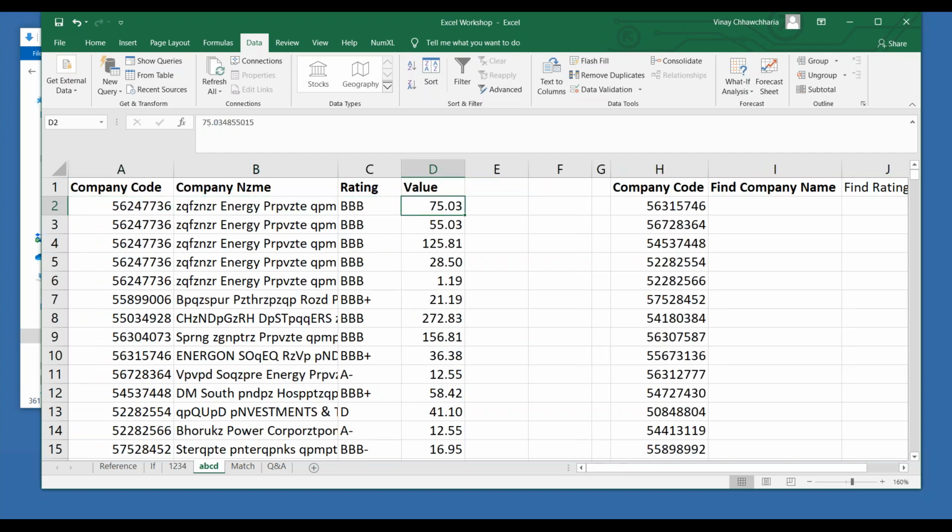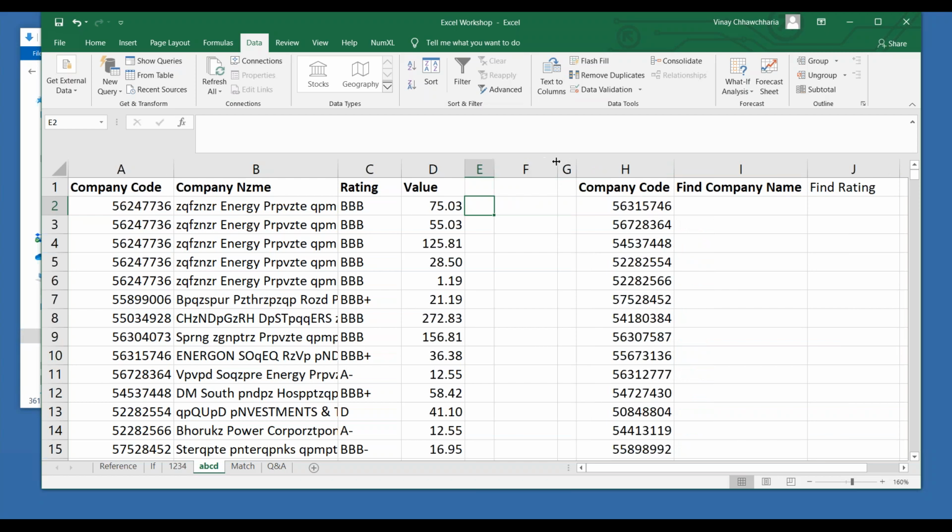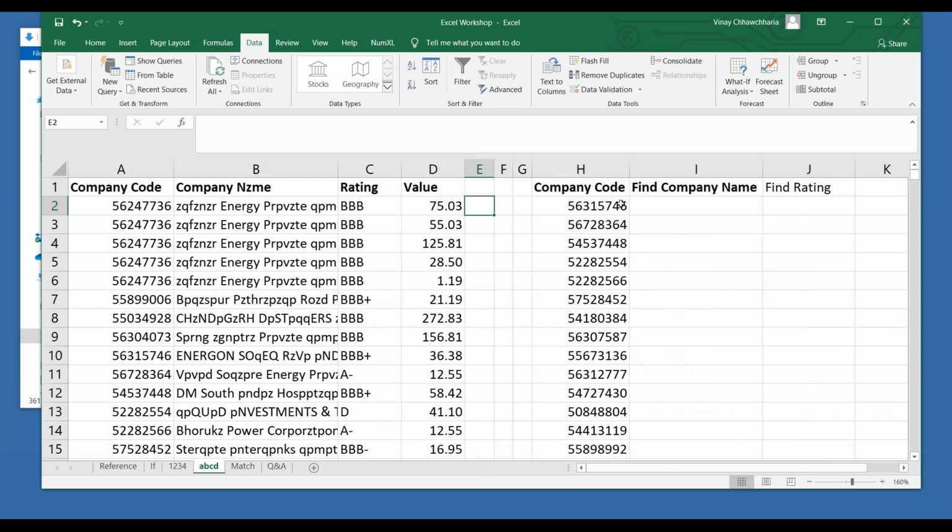The task is to find the company name belonging to this code. Option 1 is do a Control F, find the name, copy paste over here. The other option is filtering, searching number by number and putting it here. But again, it's a time consuming exercise, plus it can lead to errors.